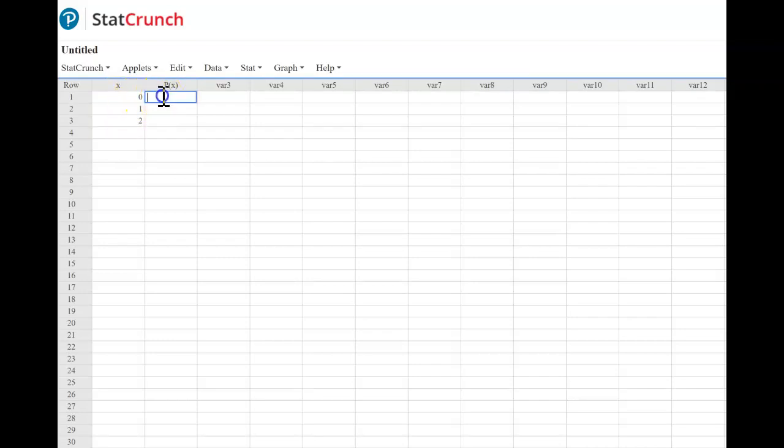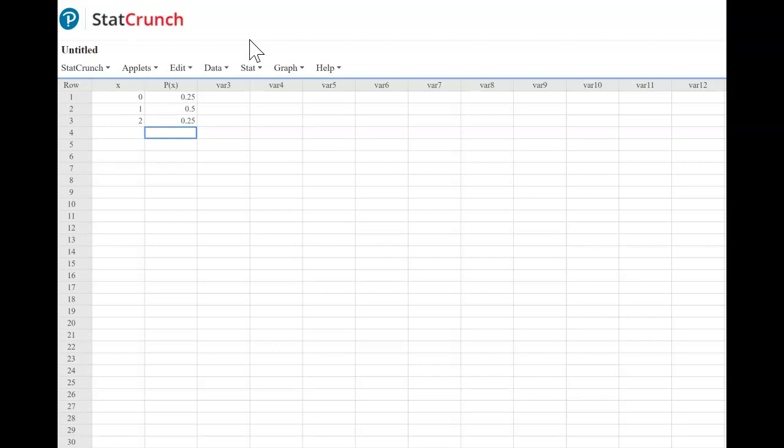For P of X, the probability of getting 0 tails when 2 coins are tossed is 0.25. The probability of getting 1 tail is 0.5, and the probability of getting 2 tails is 0.25.